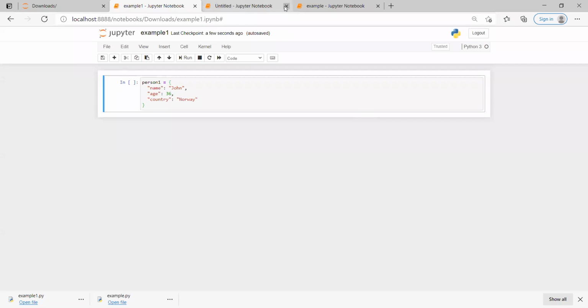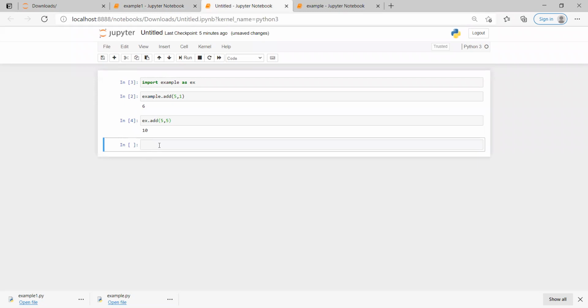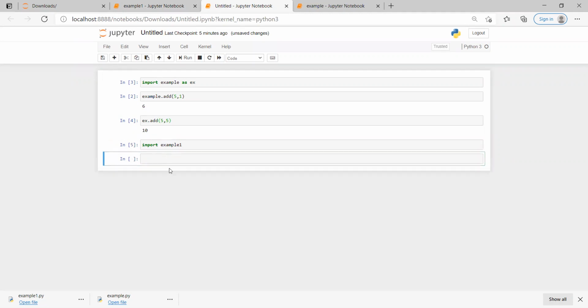So what am I going to do in this sense? In this untitled notebook, I'm going to import, since that was example 1, I'm going to import module example 1. So let's execute this and see. Yes, it is imported. Now, what am I going to do in this sense? I'm going to make use of example 1 dot, what is the name? person1. Okay, person1 of